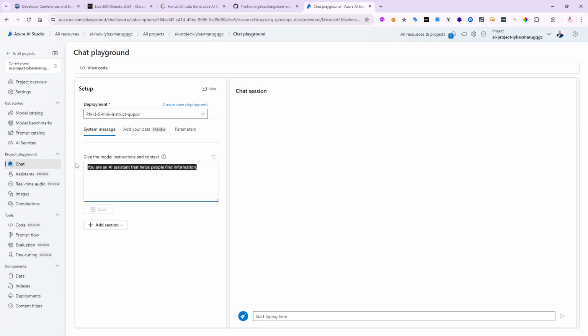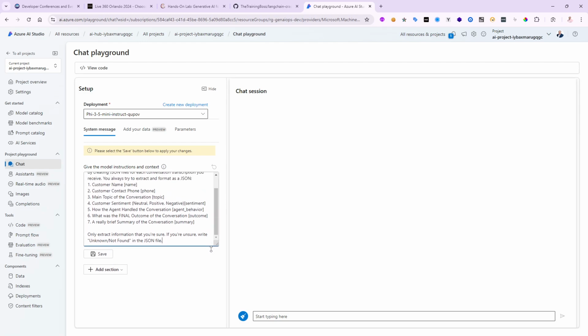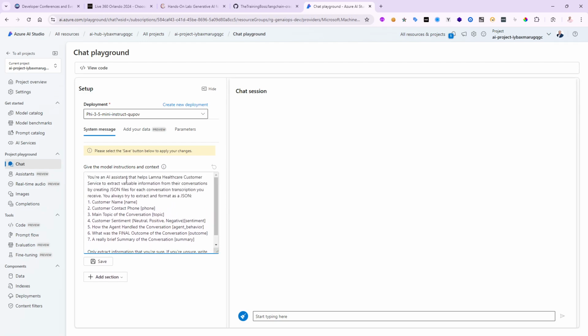I would like to give you a better prompt than that. So let me go ahead and paste it in here and I'll show you what this looks like. I'm going to make it a little bit bigger. So this is an AI assistant that helps a healthcare customer service to extract valuable information from their conversation to create JSON files for each conversation transaction you receive. You always try to extract and format as a JSON